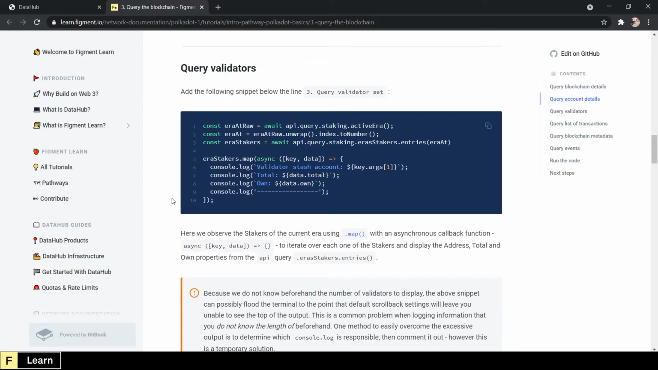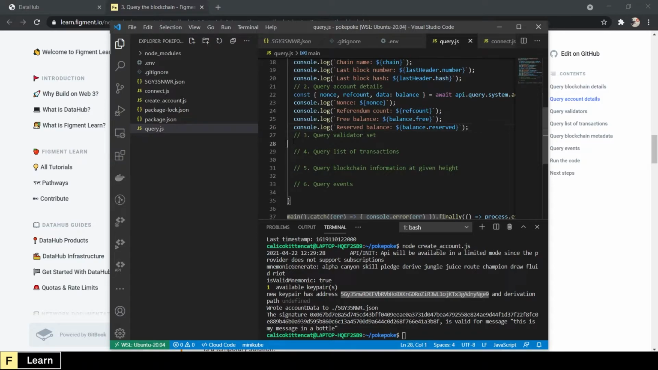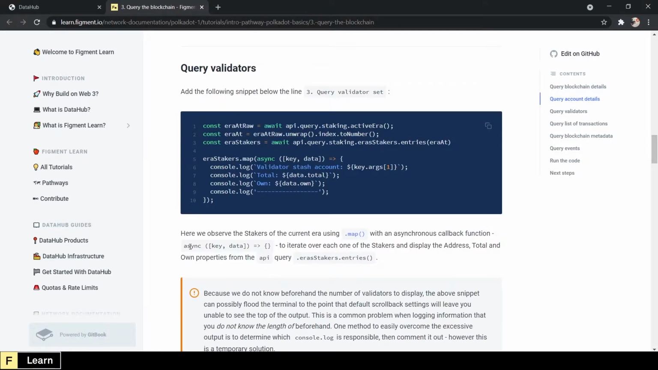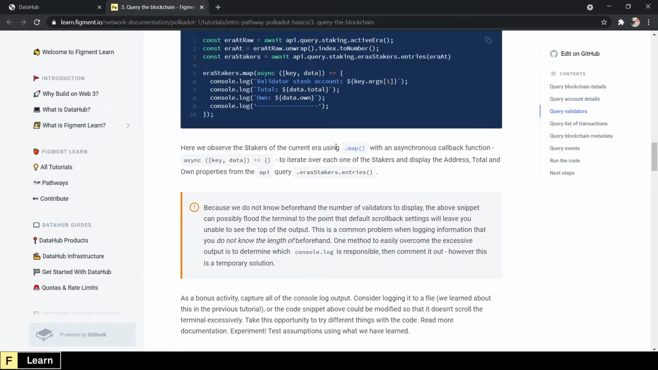Query validators. We can add the following snippet to comment 3, query validator set. Come in here under 3, hit it with a save. Here we observe the stakers of the current era using map with an asynchronous callback function, async key data, to iterate over each one of the stakers and display the address, total, and own properties from the API query,